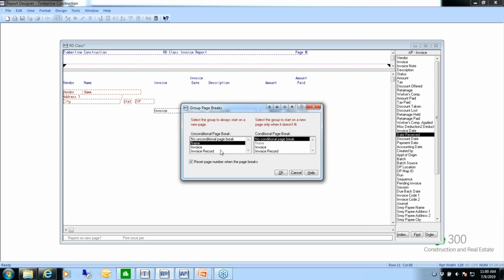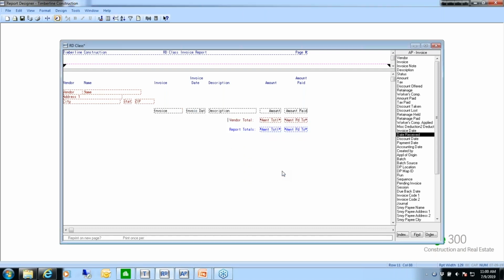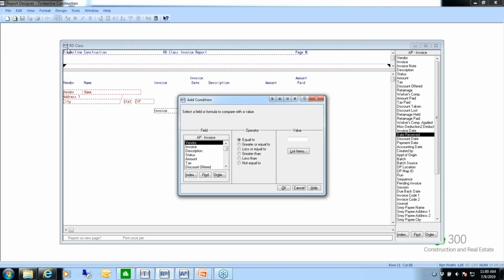Okay, let's talk about conditions next. So we had a condition for this report. We only want subcontractor vendors to print. So if we go back to design and we come down here to conditions, we can say,